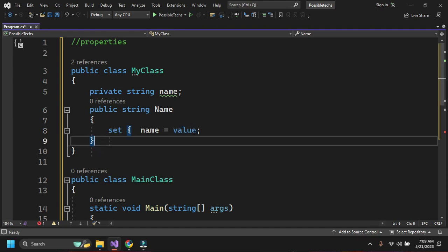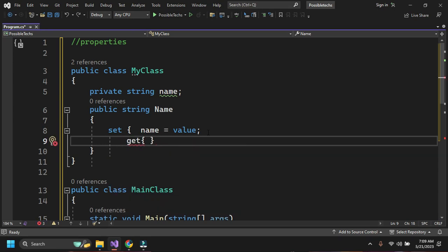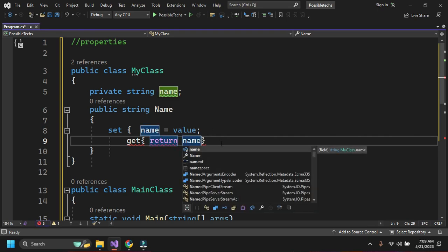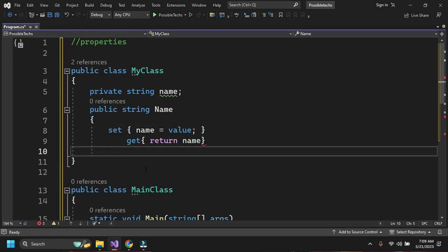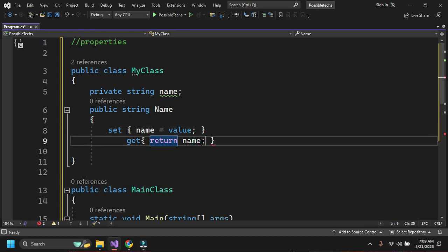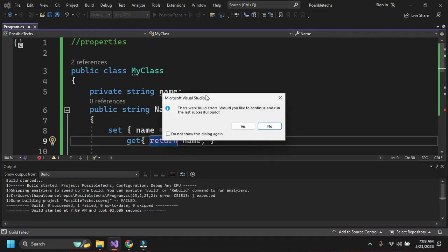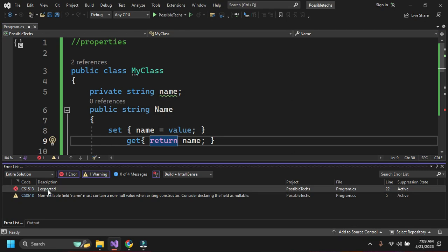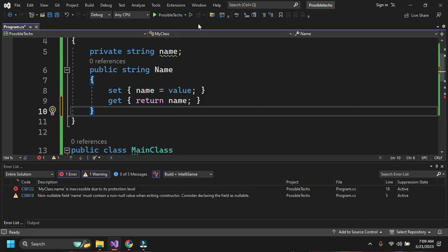Then the other method we have is the get method. The get method will return the value of name. So you can see this is the set method and this is the get method. If I run this code from here, what will happen? There is an error. One curly brace is expected here, so I have to add another curly brace. If I run this code by pressing the run button,